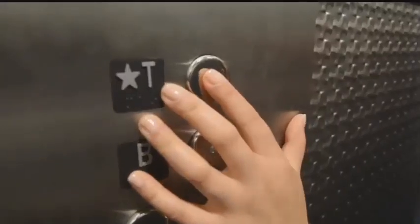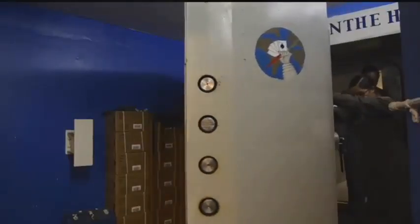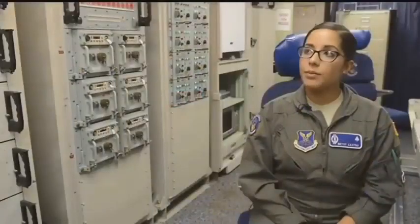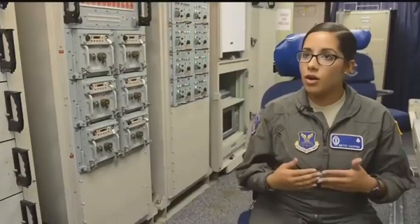Are you ready? Yep. Our crew has to take an elevator 60 feet below ground to be able to access the first launch control center to go on alert. I think that most people in America aren't really aware of what my job is. As we enter the capsule, we are told we are unable to film the majority of the equipment in the room. We're able to provide strategic deterrence 24/7, 365, and that wouldn't be possible if we didn't have so many hardworking,